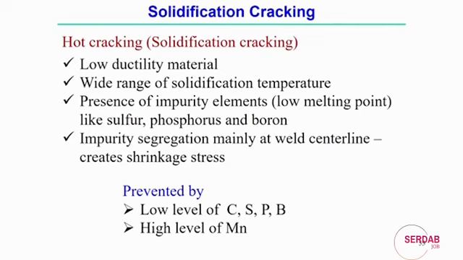So, to prevent solidification cracking in general, we can maintain a low level of carbon, sulfur, boron and phosphorus. These are typically low melting point elements, and if we control the level of these elements in the welding or in the parent materials, we can to some extent avoid the